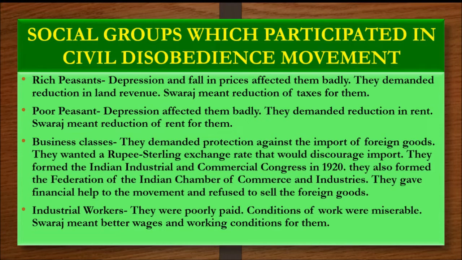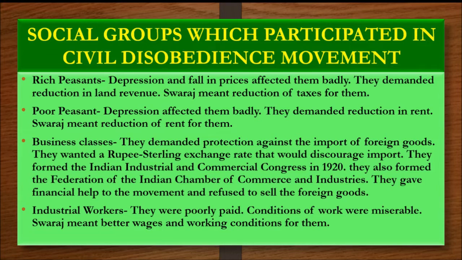They started organizing their communities for the civil disobedience movement. Even those who were reluctant were forced to participate. But when the movement was called off in 1931 without a reduction in revenue, they felt really disappointed. Hence they refused to participate in 1932 when the movement was started again.